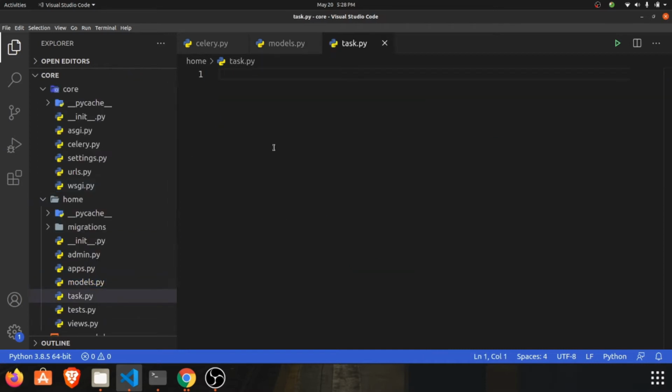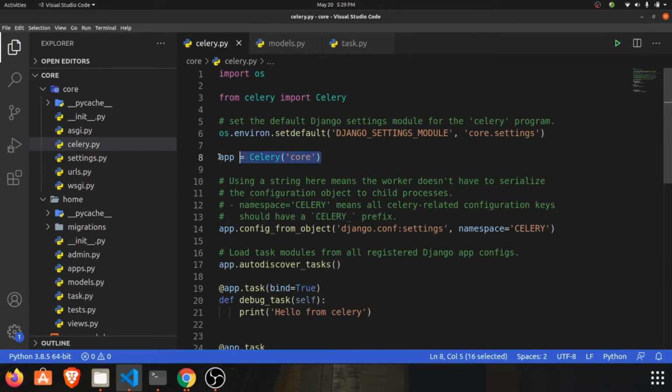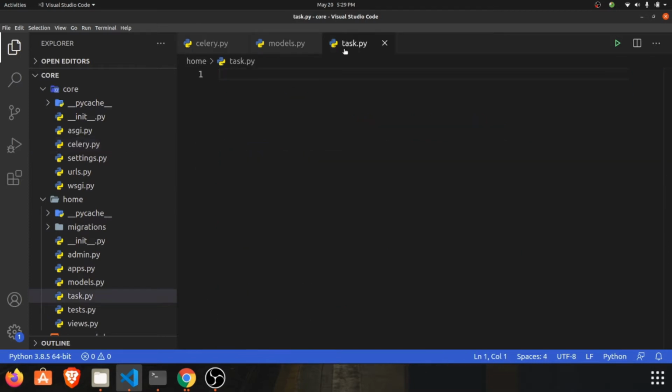Let's create a task file in this home folder. Let's import the app variable, which has all the Celery things, into tasks.py with: from core.celery import app. So we have imported the app. Now let's create a task.